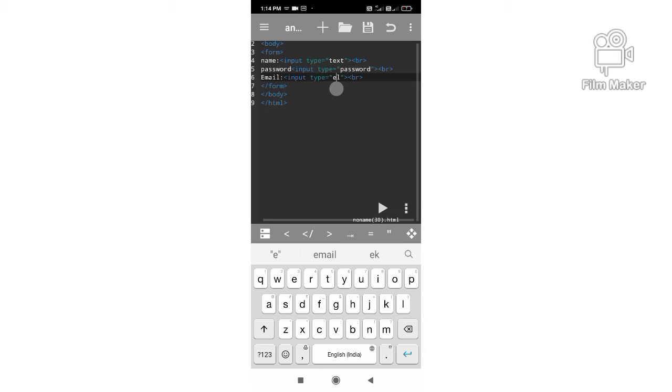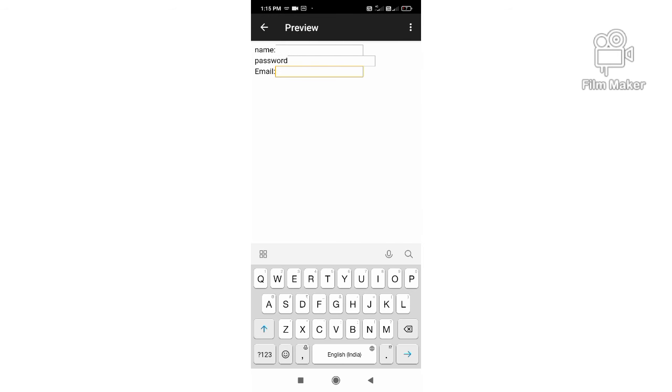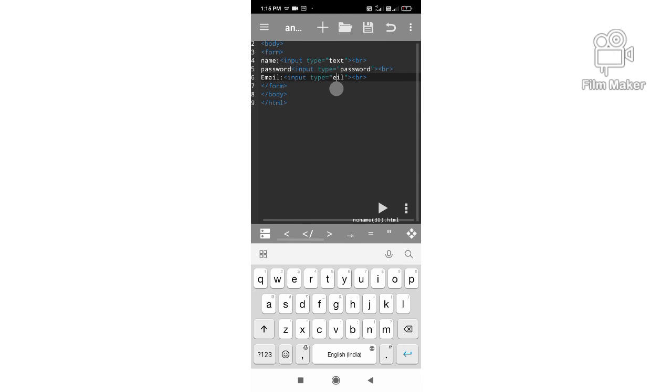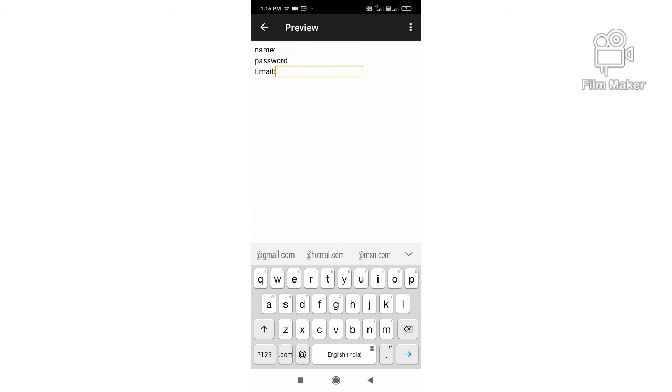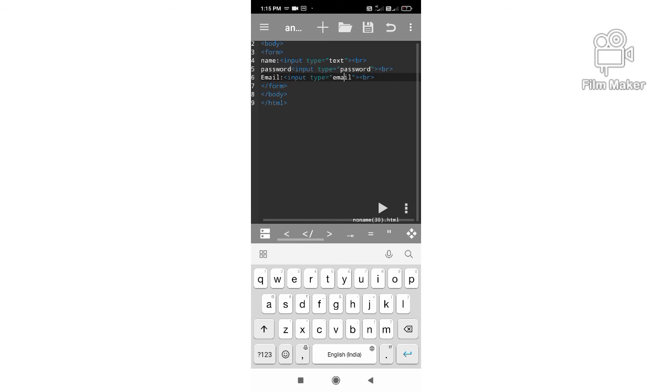Just a second. Now I have written here EIL. So I can see that whenever I'm writing, I can't see any email ID. If I write the correct spelling, like if I write here email, the correct spelling, so see, here it will show your at rate, and whichever email ID you have, it will already come. So better is to write email only, and this is the way you can use this app.